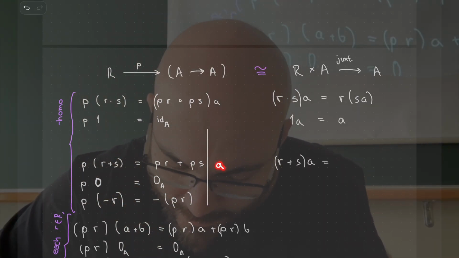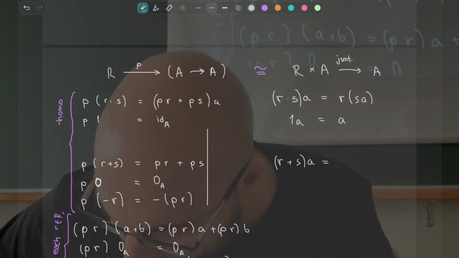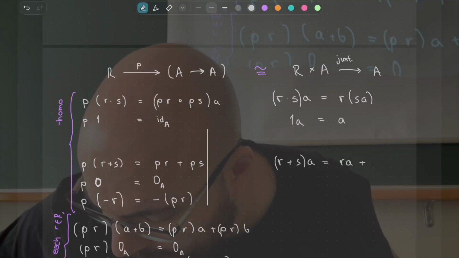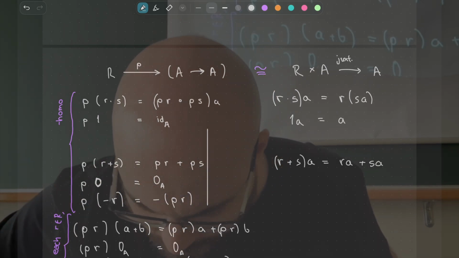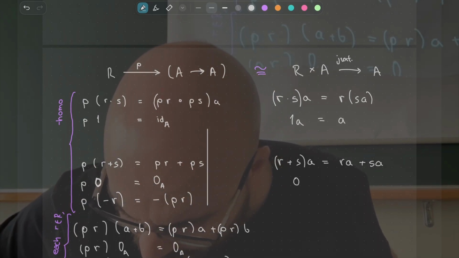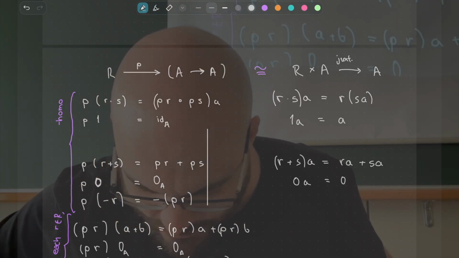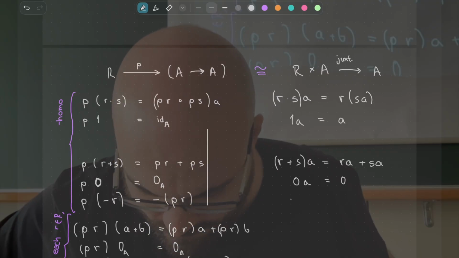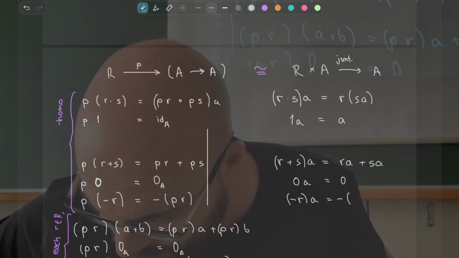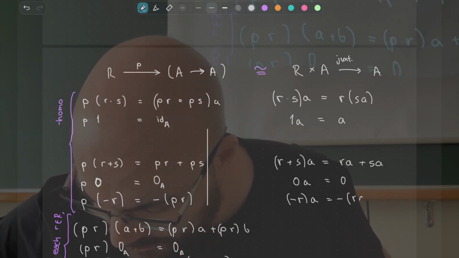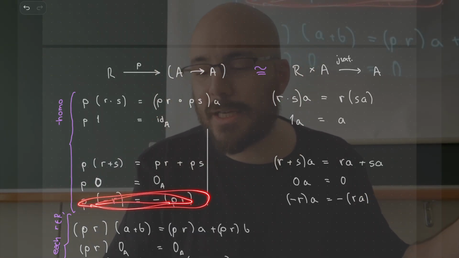Okay, let's give it an A, right? And this means it will go like that and like that. So this will be RA plus SA. Is that correct? Okay, and this will be like 0A should be 0. And the next one is minus RA should be minus RA. I mean, if you start like that, you no longer even need to consult this, but please do,